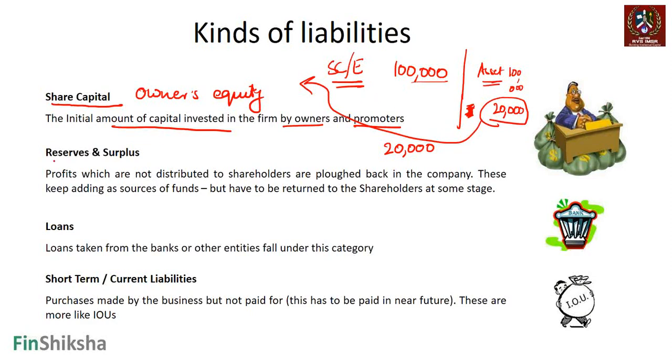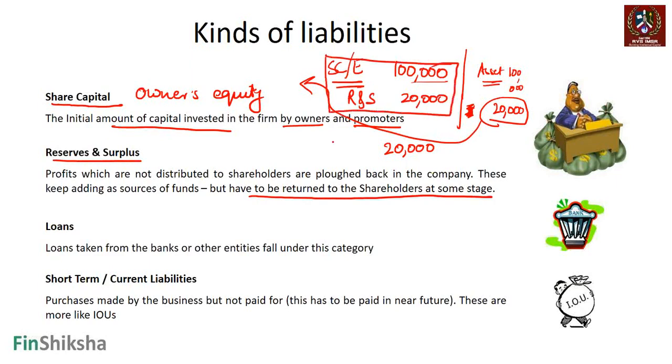In that case, this is what is called reserves and surplus. It will have to be returned to the shareholder at some stage in the future, but we classify it as reserves and surplus and put 20,000 here. Together these two is what the owner claims from us. So the owner now claims 1,20,000 from us. We have used this 20,000 generated on behalf of the owner to get more assets for us, right? These two put together will classify what is called the owner's equity.